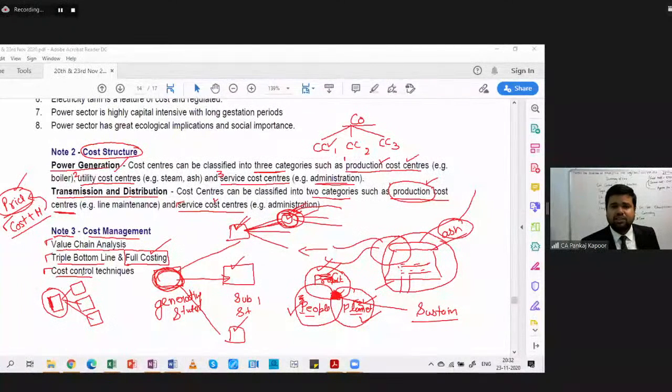What are the techniques? What methods are viable here? We started chapter number 4 with cost reduction versus cost control. Here, cost control has more importance than cost reduction. The two famous techniques of cost control are what? Standard costing and budgetary control. So budgetary control and standard costing must be used by the power company in order to control their cost,